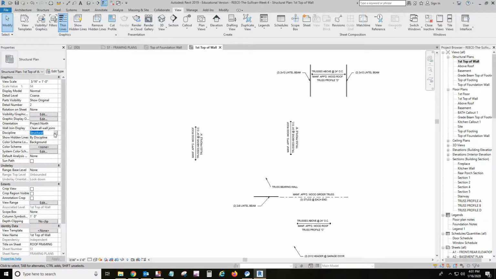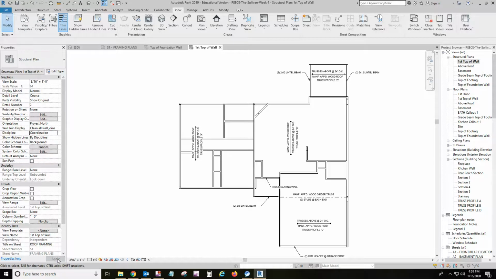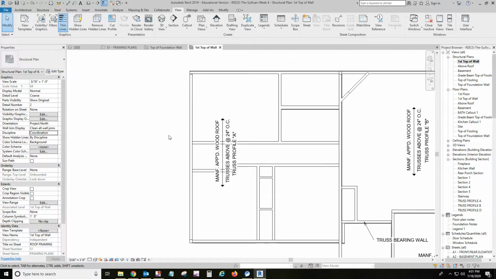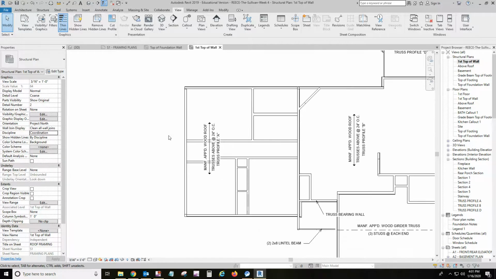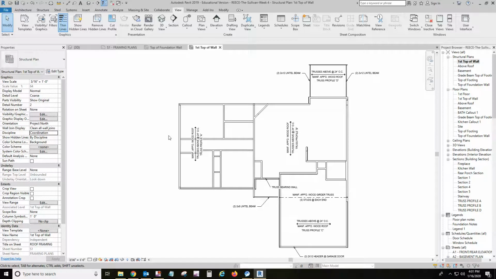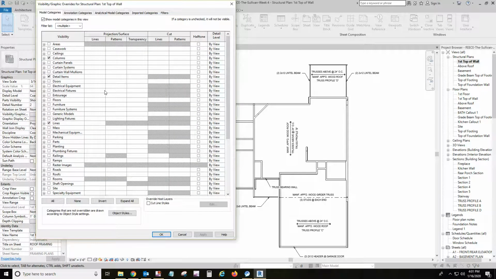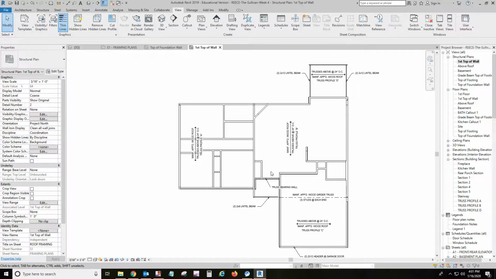Yeah, okay, so this one will leave as coordination. Okay, I've got it set to coarse because I really don't need the wall detail. Okay, as far as the visibility graphics, once again, I turned a lot of stuff off, much like in the other one, turned a lot of stuff off,